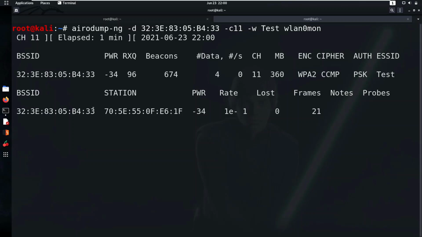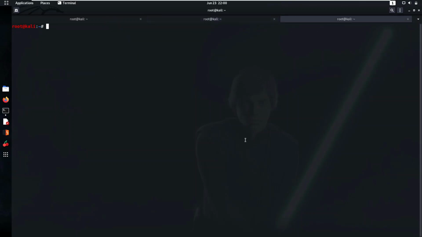So I will open a new tab. Keep this tab open, guys, because we are sniffing around this network. Sniffing is like whenever a dog sniffs, it tries to find out information, right? So keep this process running and open a new tab. I'm hitting Ctrl+Shift+T if you want to know. We'll be using a tool called